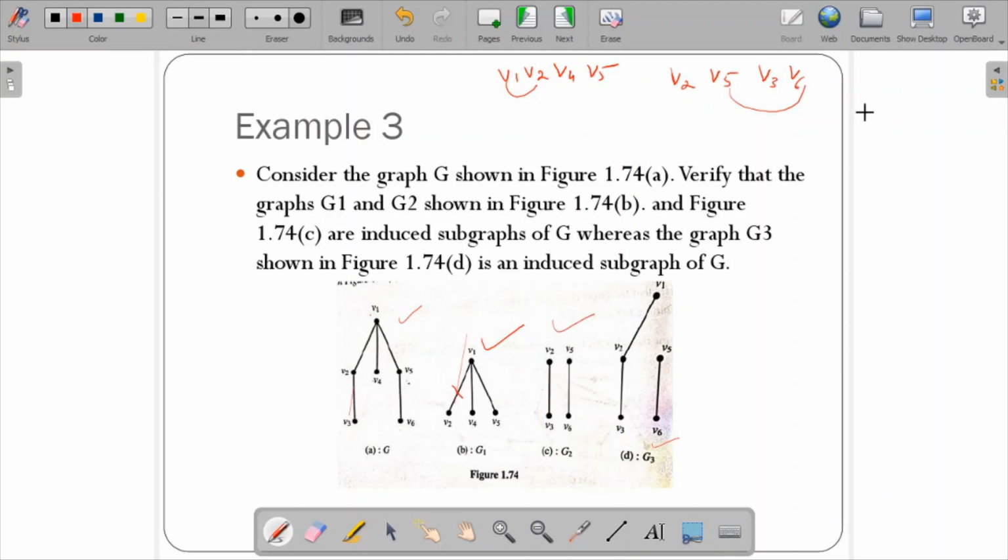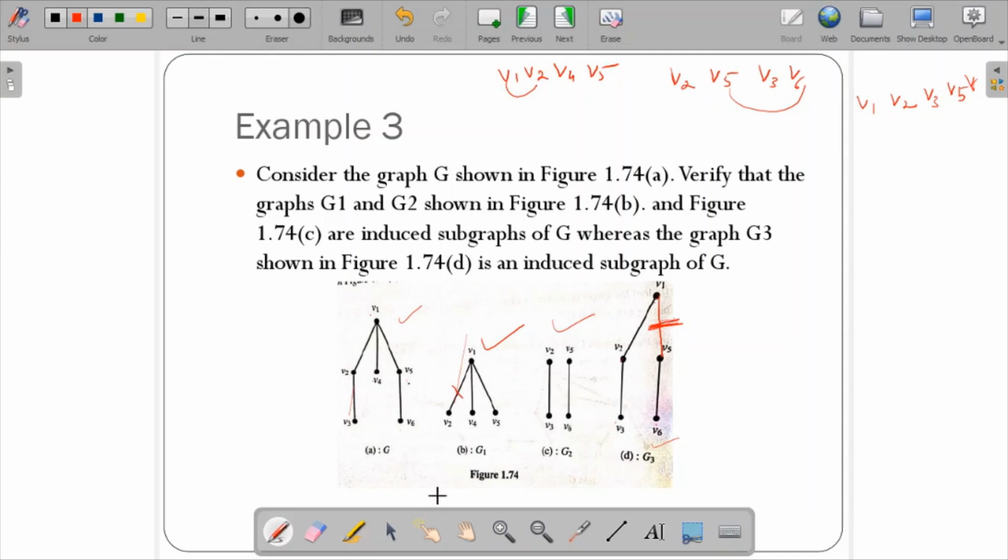Next he has mentioned v1, v2, v3, v5 and v6. So this is not an induced graph, and you are supposed to prove it. So we'll try. v1 to v2 is there, v1 to v5 is there. From v1 you have v2 and v4, but the v4 vertex is not there. From v1, a v5 edge should be there, but this edge is missing, so obviously it is not an induced subgraph. Other than that, v2 goes to v1 and v2 to v3, that is correct. v1 is done. v5 goes to v1 and v5 to v6. So the only problem is with this edge, so it is not an induced subgraph.